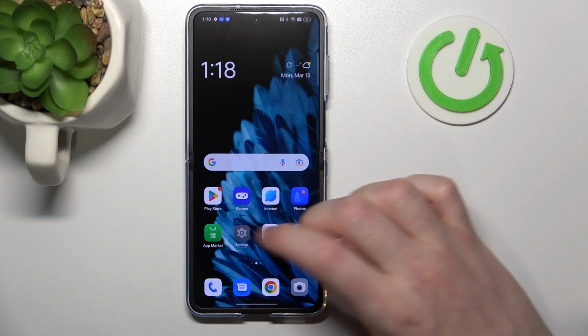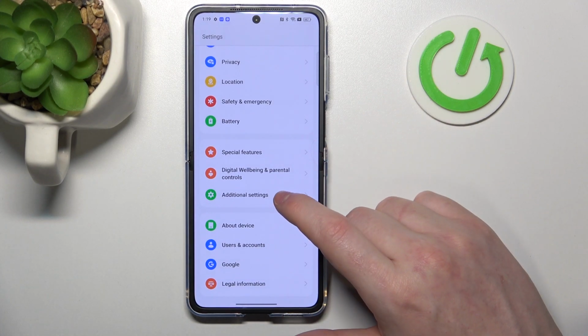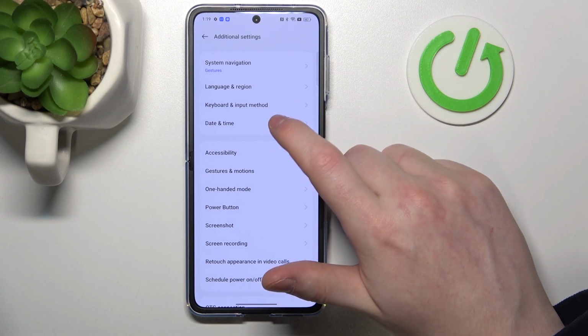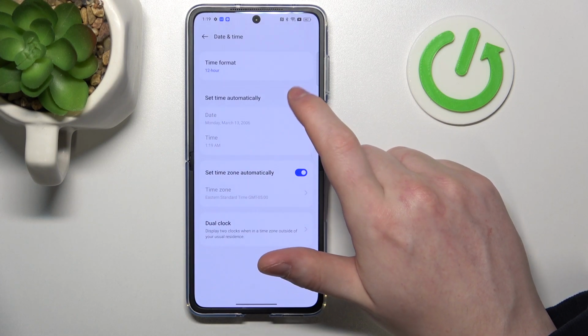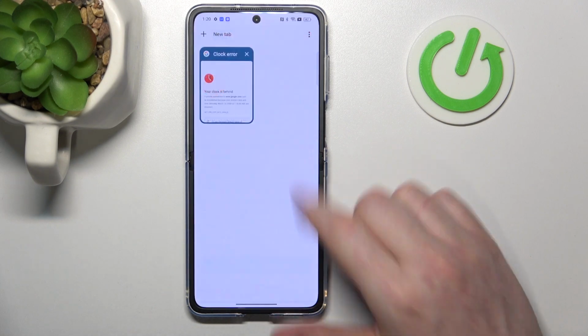And to fix both of these issues, we'll need to open our settings and go to the bottom of the page. Then additional settings, date and time, and here set time automatically. Now if you go back to your browser and refresh the page,